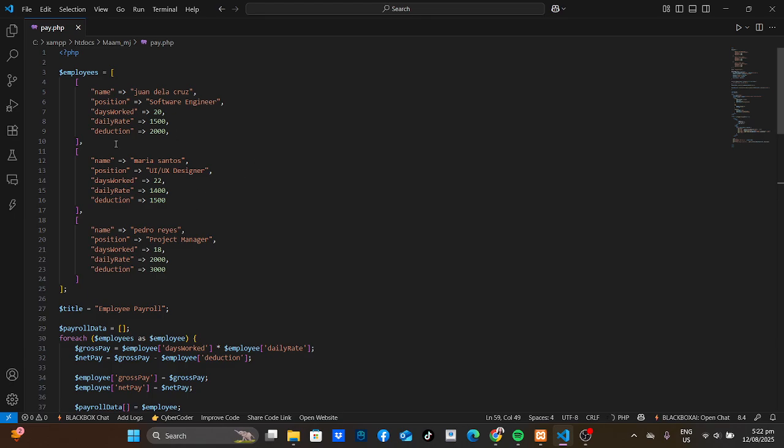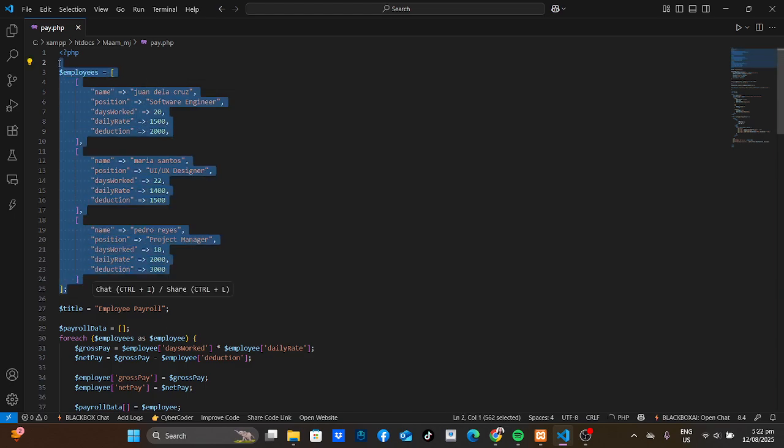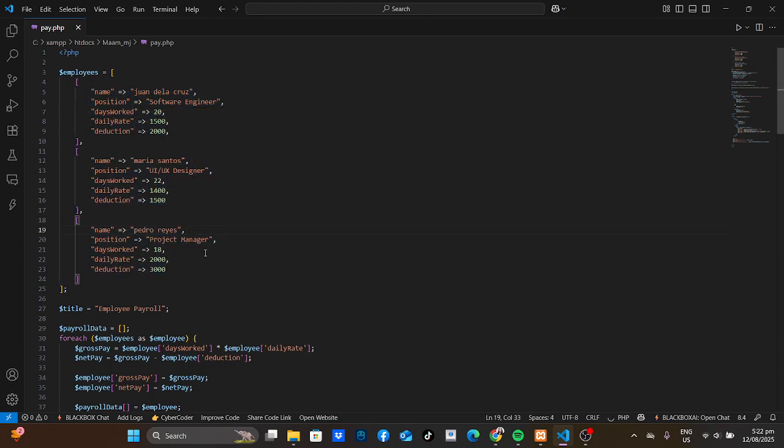At the very top of my code, I have an array called employees, which is this. This array stores a list of employees, where each employee has a name, which is Juan de la Cruz, a position, software engineer, and also their base work, their daily rate, and deduction.